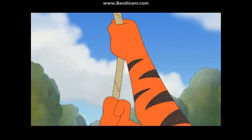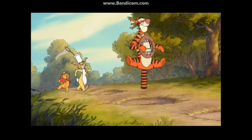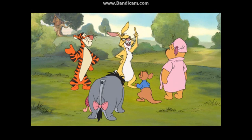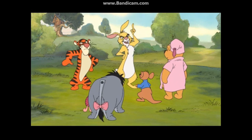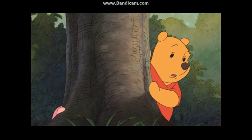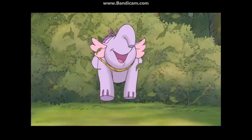Once we figured out how to catch a heffalump, my friends did something that had never, ever been done before. The first Heffalump expedition in history. Tensions were definitely high. I mean, you could just feel there was something in the air. What we were doing was going to go down in the history books. All of that work, all of that preparation, all of that research was coming down to this one moment. And just as we were about to set out on our expedition...